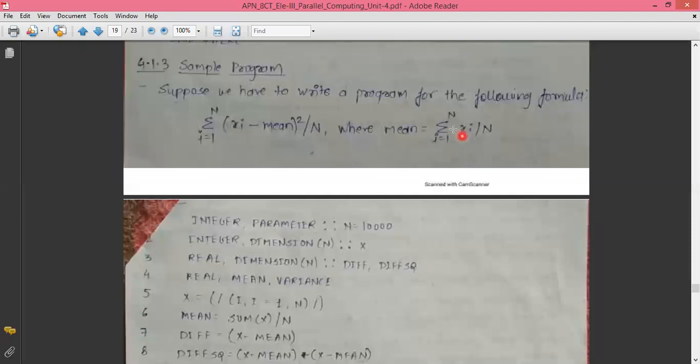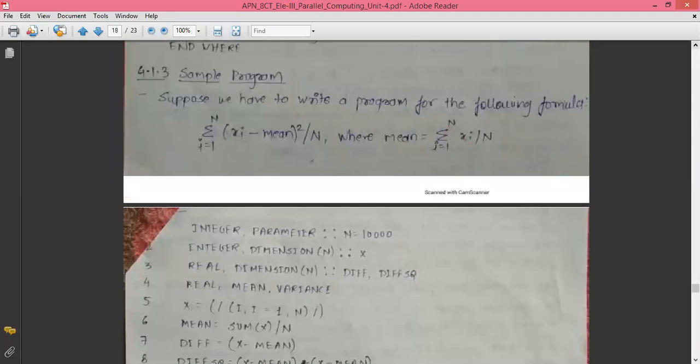There is a problem statement given to us, and we have to solve it using the Fortran 90 parallel programming language. That means in order to solve this formulation, we have to implement a Fortran 90 parallel program, which is quite simple in nature. We have already discussed these things, and considering that all of you have made your projects, you already have the basic ideas.